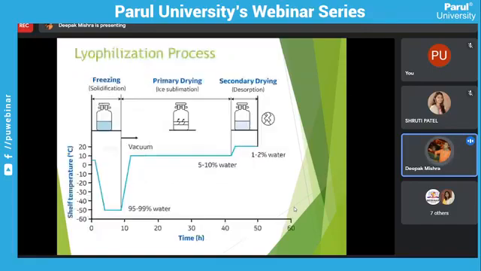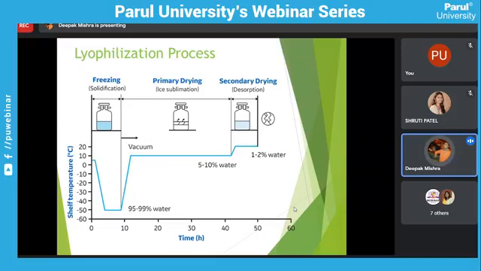Now the lyophilization process slide. We already discussed that this is a three-step process. The first is freezing. In this step, our bulk product is placed in the vial. The first step is freezing, the solidification state. In this step, we can use minus 40 to minus 60 degrees for freezing. In the frozen state, our molecule is more stable compared to liquid form. That's why we start with freezing and solidification, then primary drying.